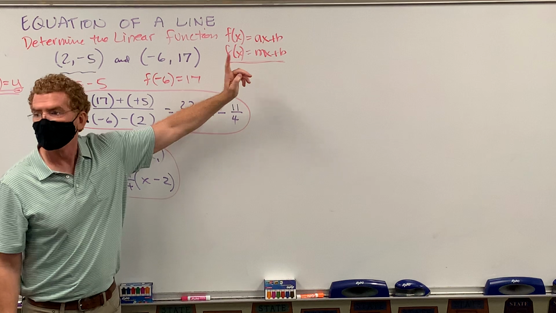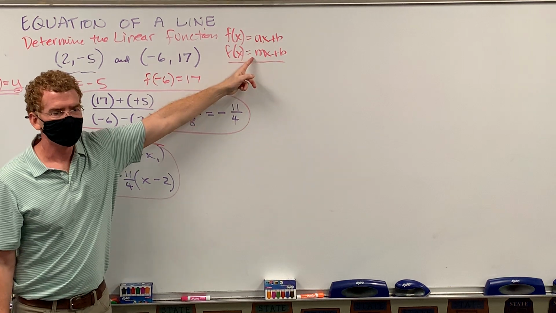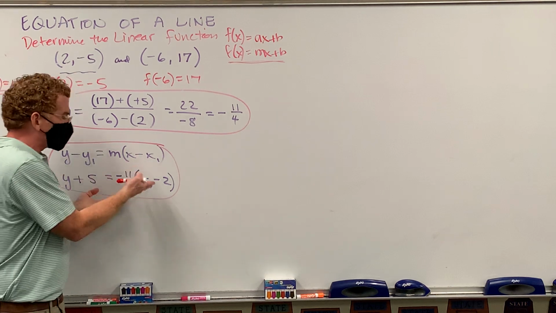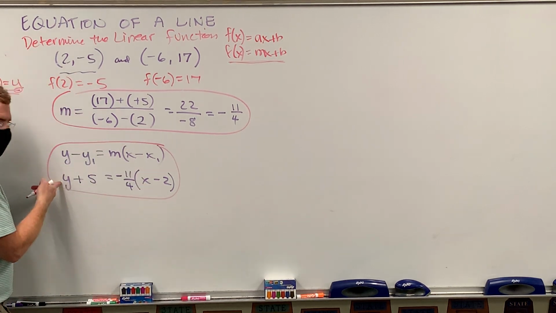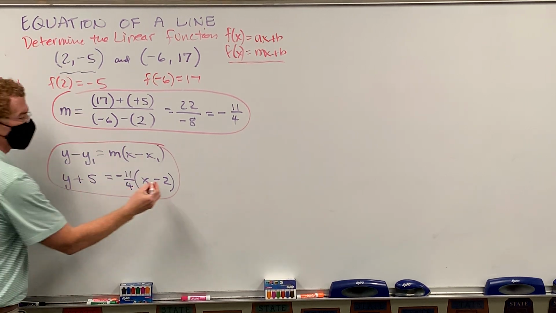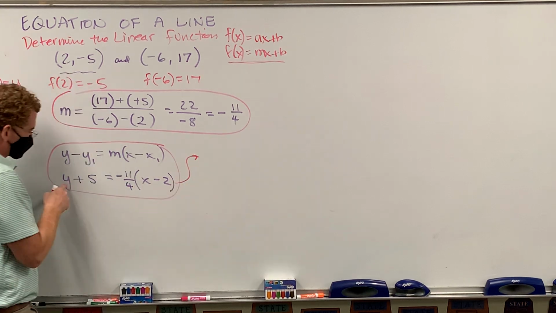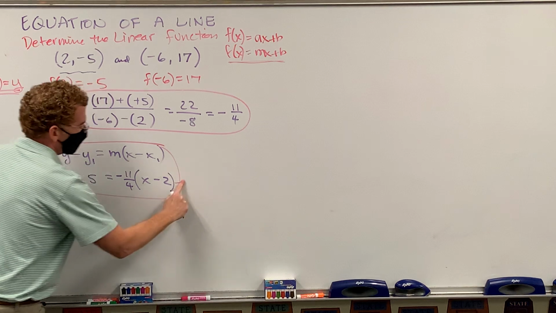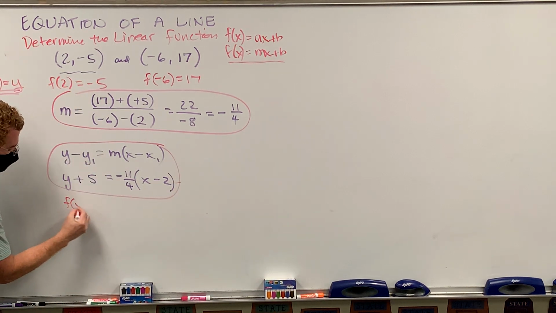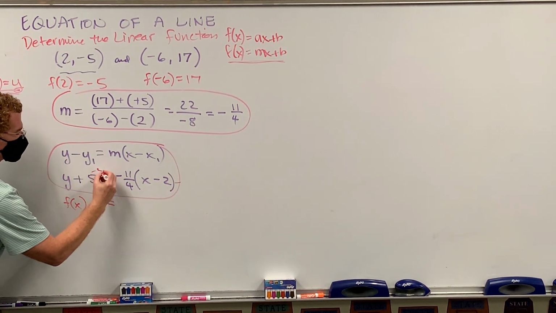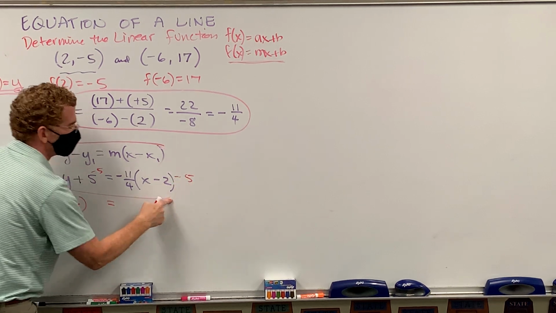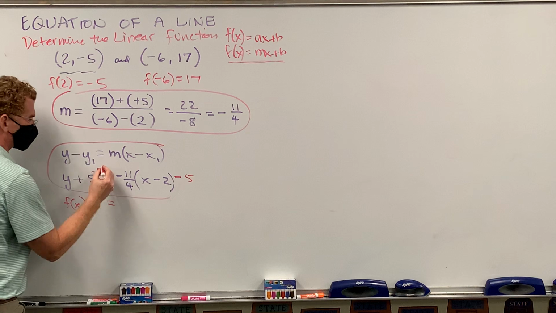Do what? Yeah, put it in this form. So the only extra thing is, if I want it in function form instead of line form, you just got to get that y by itself. So all I have to do extra is change the y. I'll tell you what, I'll just write it below. Change the y to f of x, and then just subtract the 5. Okay? So subtract the 5,